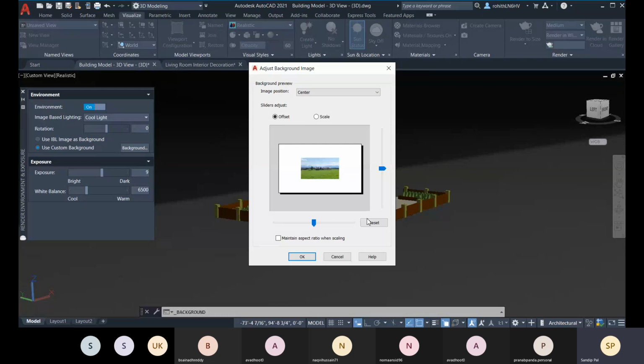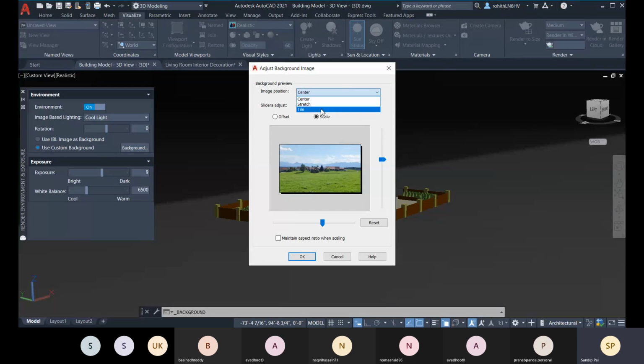Okay, so there you have this offset value, and about the scale you can go for it, so that it fits. And here also you don't have to scale it manually. Here you have some options like tile, stretch.